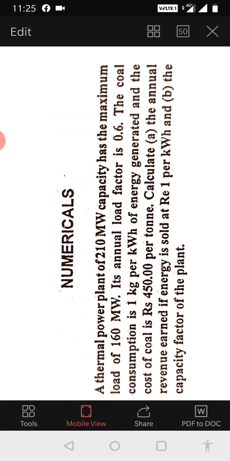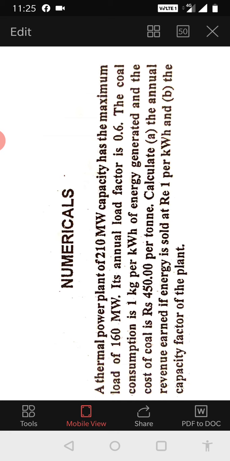Hello students, we will look at a few numericals on module 2 in energy and environment subject. So these numericals, around 4, that we will discuss are about power generation. I will read the problem and also along with the problem I will try to explain the terminologies which are used, because you may not be aware of those terminologies.